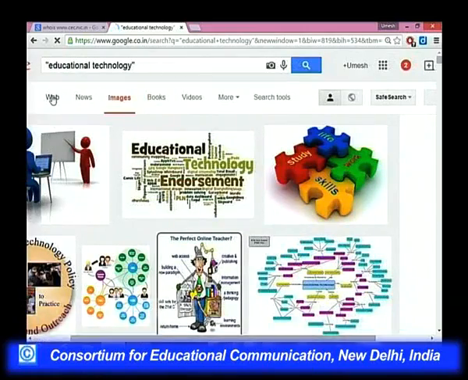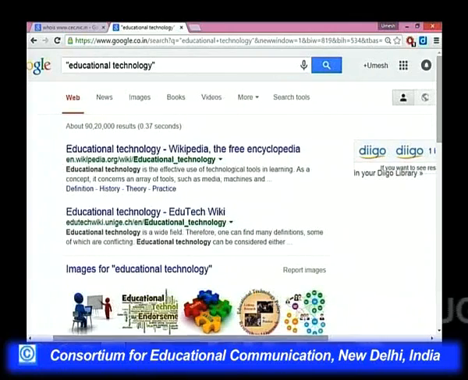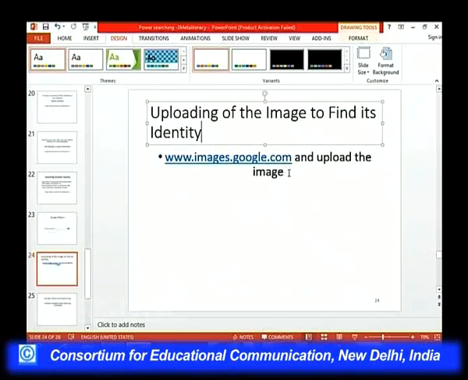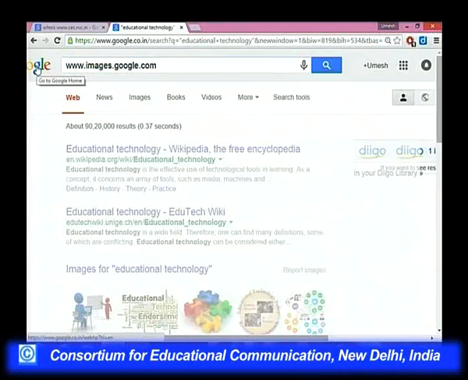Okay, again go to the web. As far as finding an image on Google is concerned, for example, if you want to detect the origin of a photograph, or a photograph similar to a particular photo which you have, then what you can do is open images.com, and you will see these are the images.